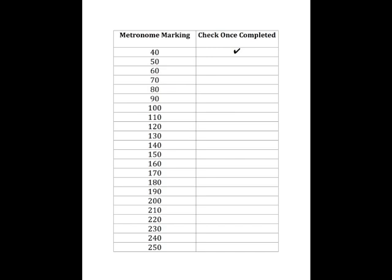Practice the exercise at a variety of tempos. I like to use a chart like this so I can take an exercise through the full range of tempos. Always start at 40 beats per minute so you can learn to feel the spacing of the notes, and when you're ready, increase the tempo gradually. Play the pattern as fast as you can, but make sure that everything sounds clean. As difficult as it may be to play everything at such a slow tempo, 40 beats per minute,